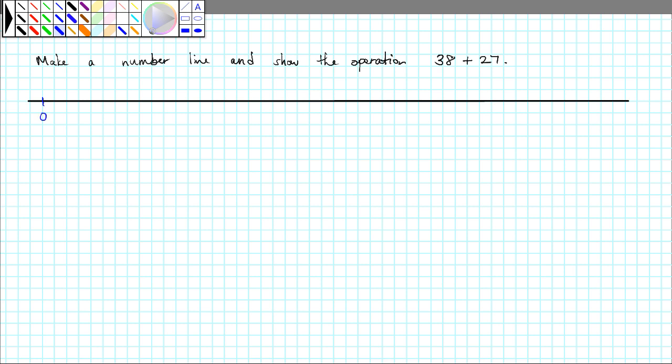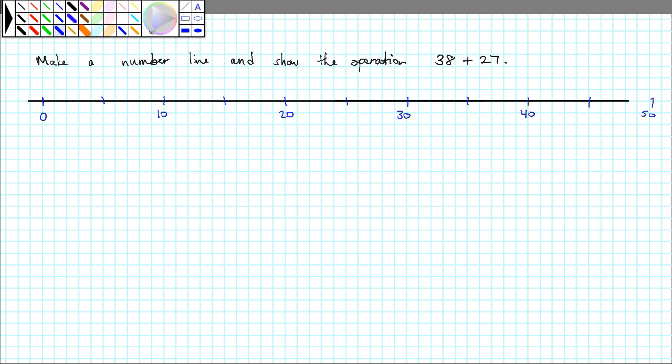Here's 0, 1, 2, 3, 4, 5, 1, 2, 3, 4, 10, 20, 30, 40, 50. So this is not going to get us far enough because I have to start here, 38, and then